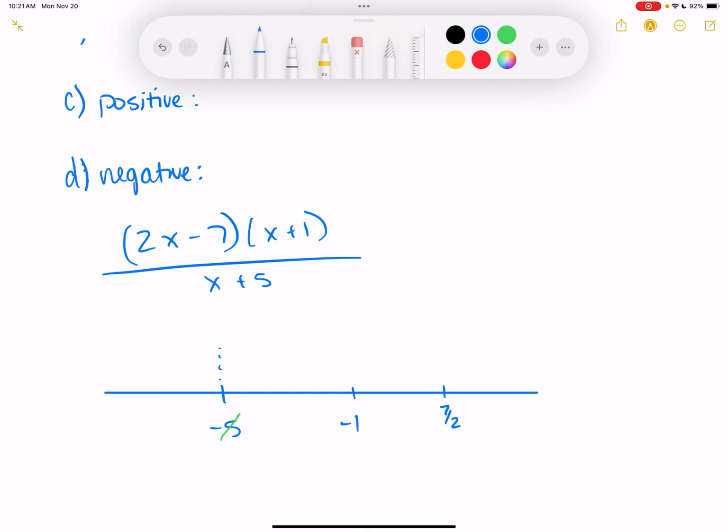All right, so this works the same way as when we were plugging stuff in the other day. So what number over here do we want to plug in? -6. If I plug in -6, 2 times -6 minus 7 is going to be negative. -6 plus 1 is negative, and -6 plus 5 is negative. This is how I set it up for these ones. The other ones were all just being multiplied, but since this one is a fraction, we do it like that. So negative times negative divided by a negative is